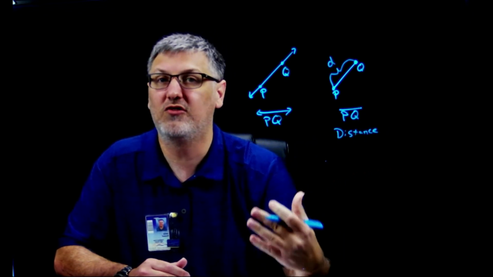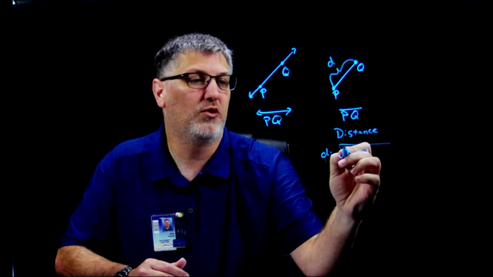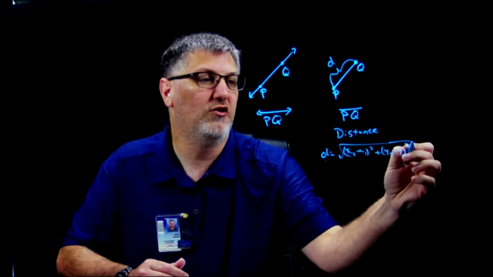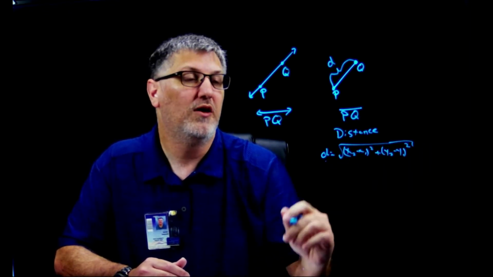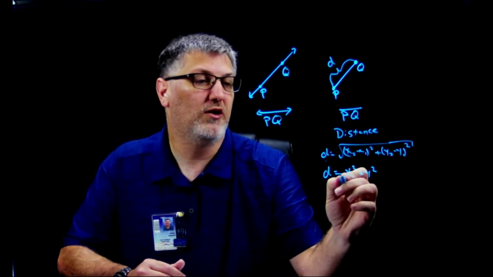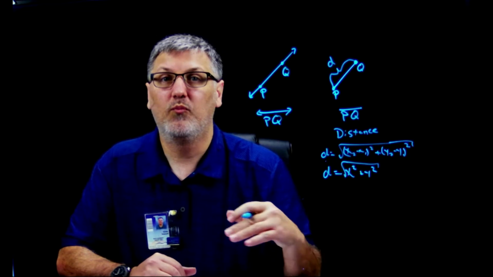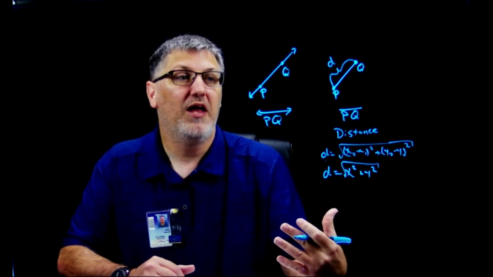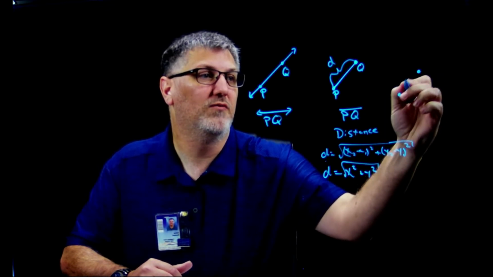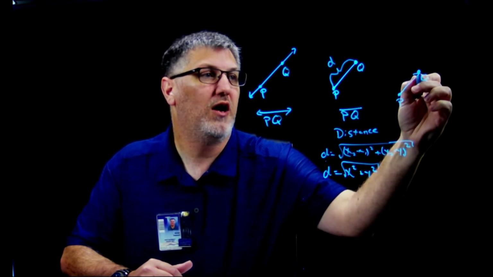In fact, we even had the distance formula, which was D equals the square root of x sub 2 minus x sub 1 squared plus y sub 2 minus y sub 1 squared. And you learned in geometry that that comes from the Pythagorean theorem, where your D could be the square root of x squared plus y squared. You learned all of this in geometry. What we're going to do is take a vector and build on this idea. So we're still going to take a line segment PQ,